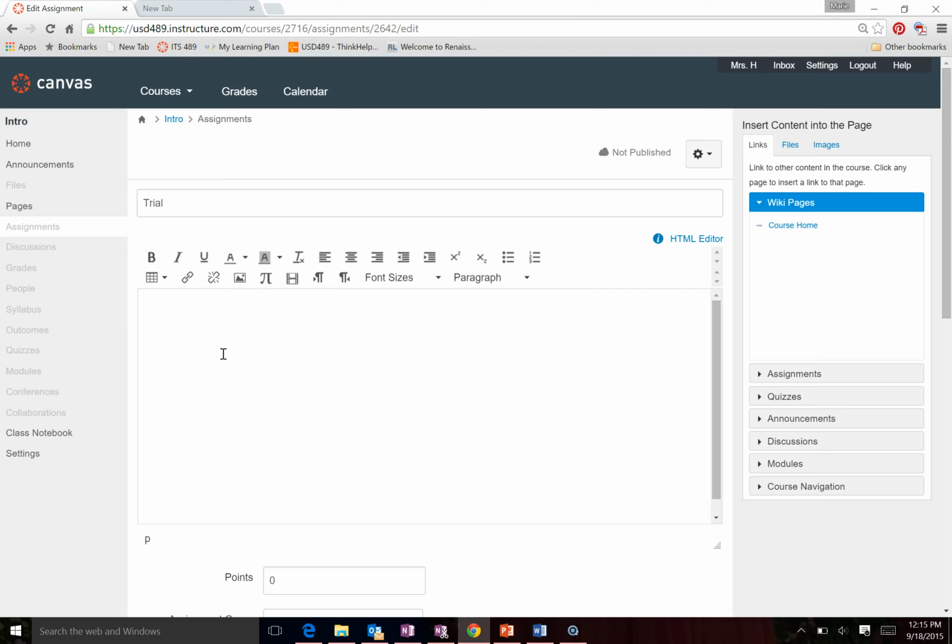We're going to say, open this file in Notability to complete the work assigned. You can, of course, give whatever sort of specific instructions you want to give. Since my assignment is called Trial, I'm going to call the file that I'm going to attach right here Trial. So I type the word Trial, and then I highlight that text so that the text itself becomes the link